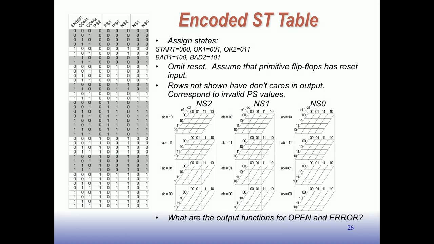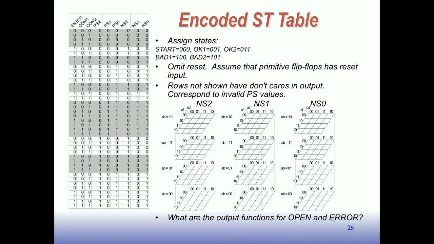I didn't put the output functions open and error in here, but they're pretty simple functions. Once we have this, if we wanted to use a Karnaugh map, and I'm not going to go through it for you, we could, because we would have 3 Karnaugh maps, 1 for each of the 3 next state bits,